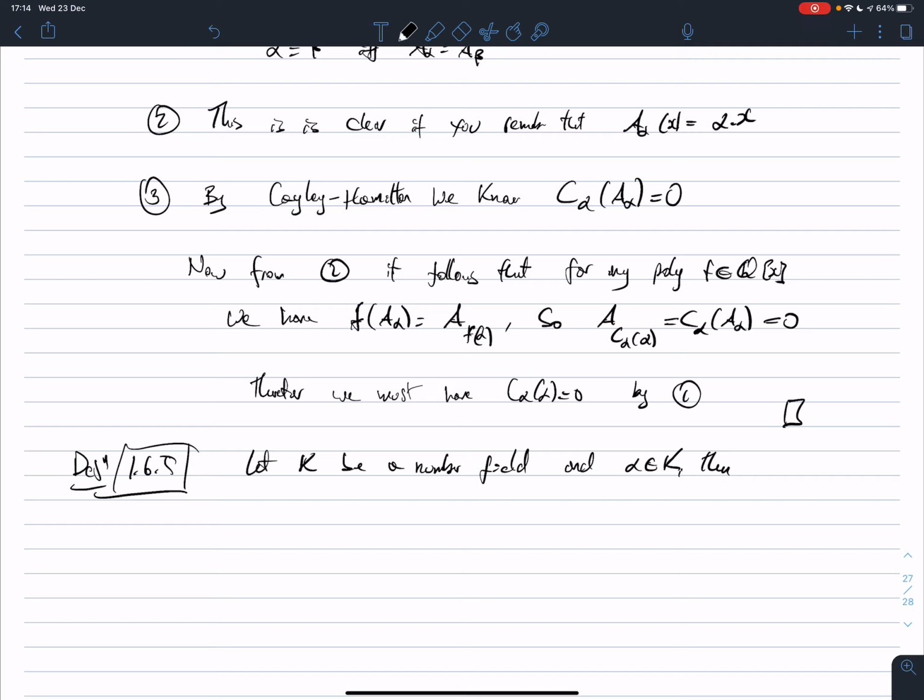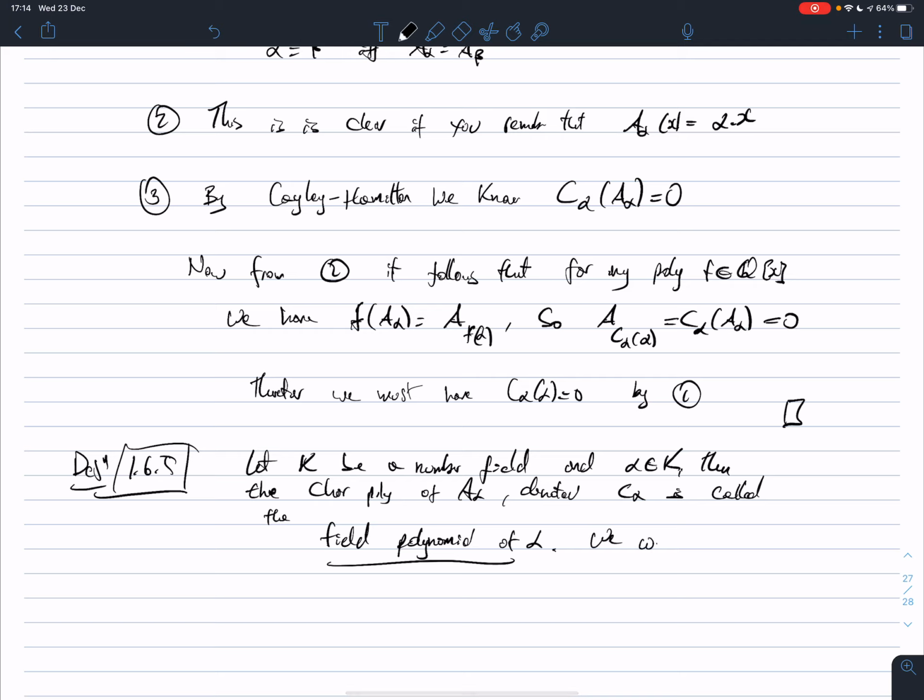Then the characteristic polynomial of A of alpha, which we denoted C alpha, is called the field polynomial of alpha. We will denote it by C alpha, but note that